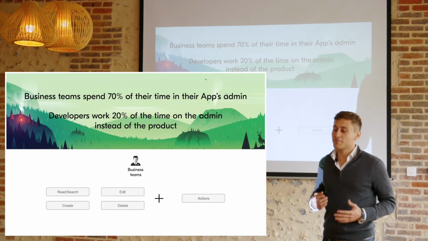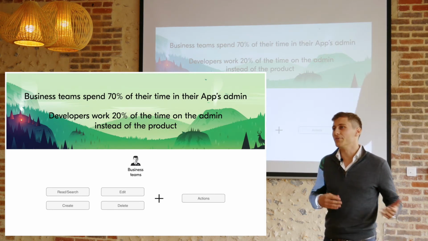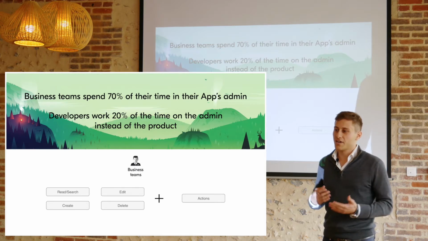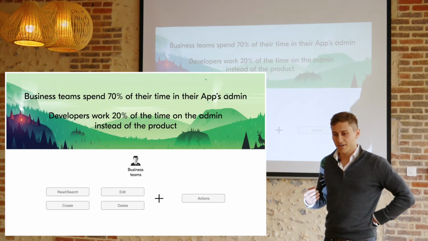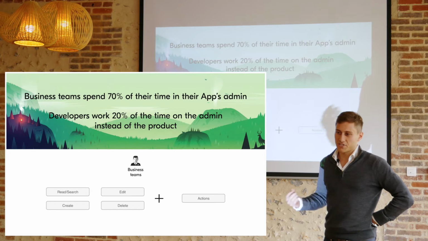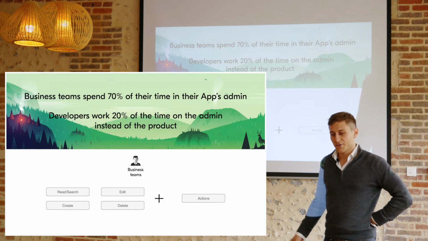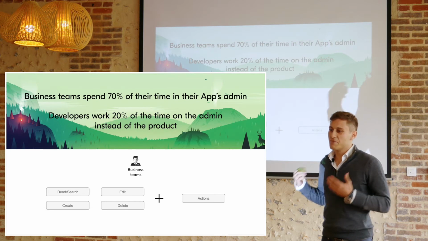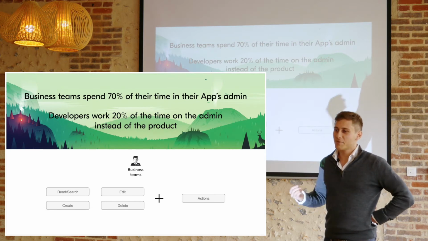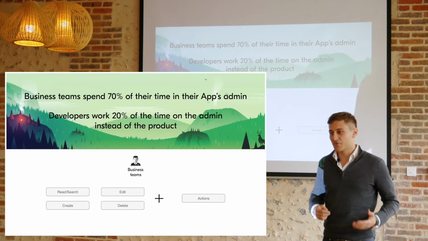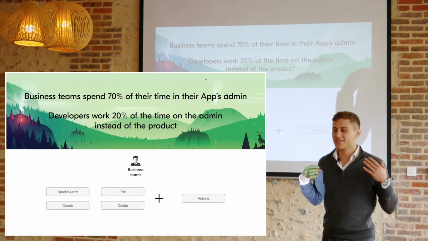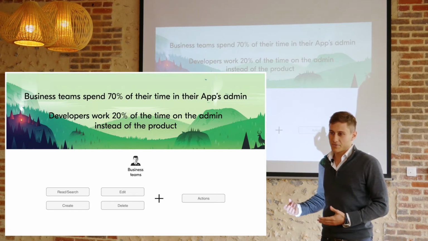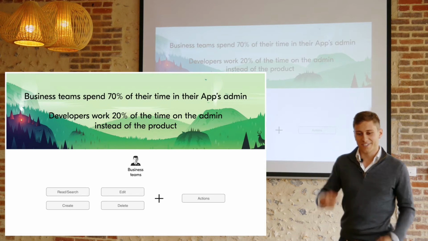So all the apps in the world, all the apps of web-based companies, have an admin. And developers systematically build an admin for each one of their apps. We noticed that it's been 20 years that developers have been building these admins manually on a case-by-case basis, and it takes a lot of development effort out of the products, and it prevents them from delivering direct value to the customers. Next slide, please.